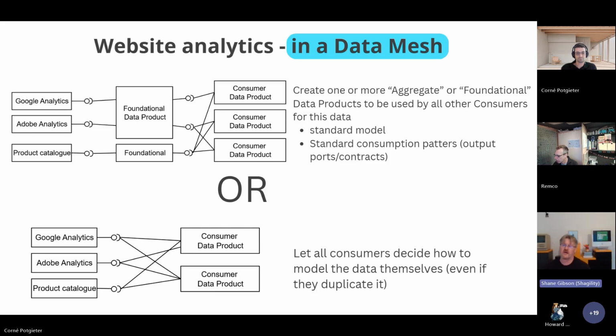And then there's a product owner. There is a person who's responsible for that data. If those are the three things that make a foundational data product different to just a bunch of tables in a warehouse, then that makes sense to me. You think you explained it better than I did.